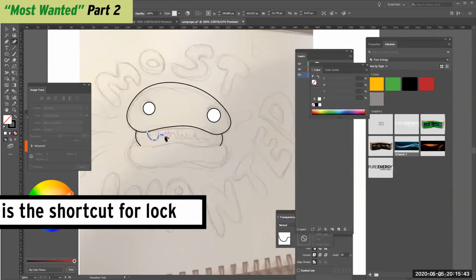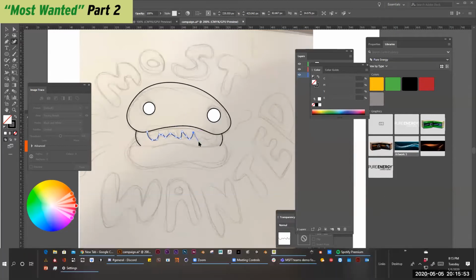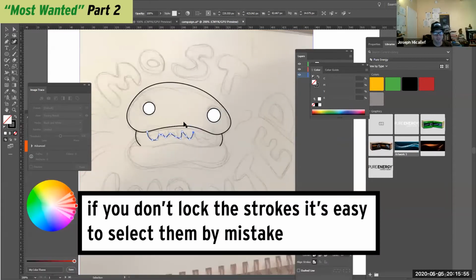So why do you do Command 2? Command 2 or Control 2 locks it. When I'm using this curvature tool, if I don't lock it, it will go all over the place. Yeah, what happens is, let me go back. I want to, if I don't lock it,